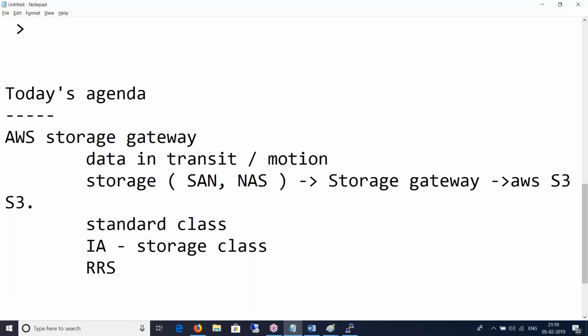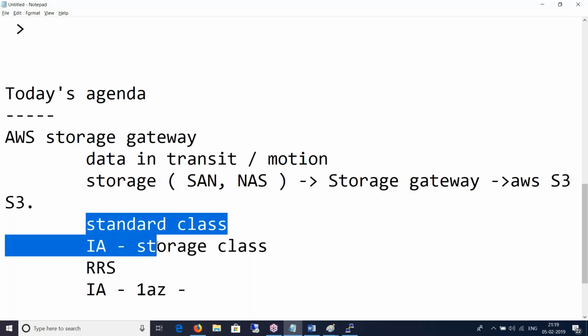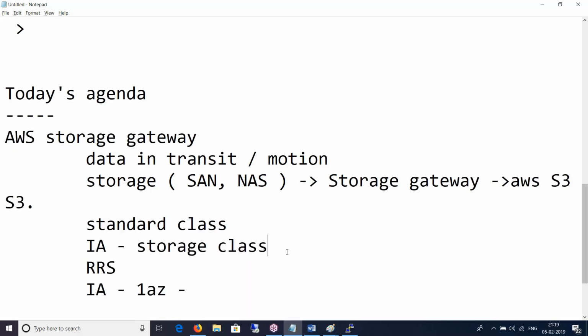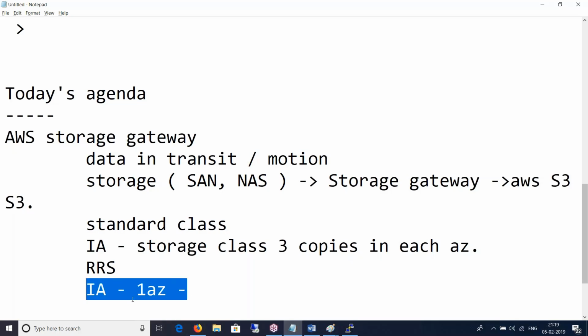Recently, Amazon came up with another one, which is infrequent access single zone, 1AZ, which means that your data will be kept only in one single availability zone. In other cases, like standard storage class and infrequent access, you will have 3 copies in each AZ, right? But if you do not want that, you can have the data in just one AZ by choosing infrequent access 1 AZ, a single AZ.